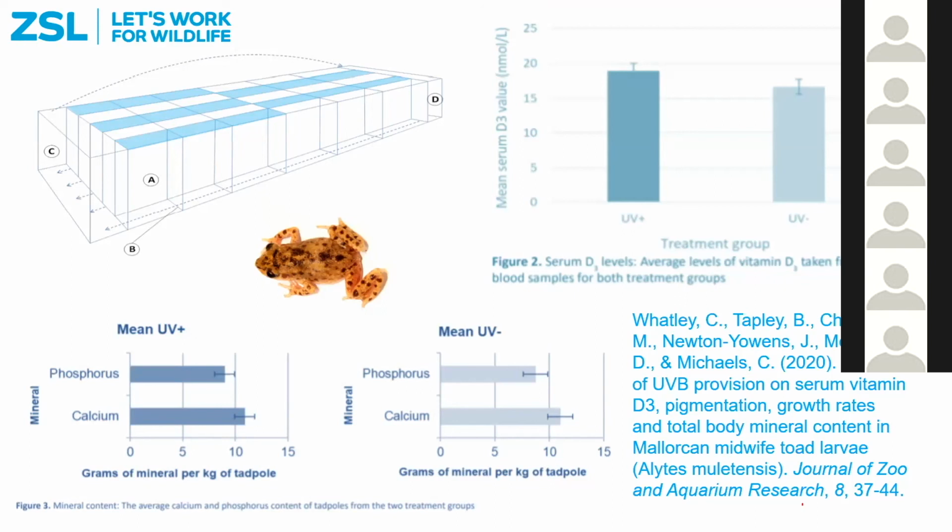There was no difference in growth of the tadpoles and no difference in the pigmentation. However, whilst we did use data from the field, we didn't collect data on temperature. So it could be UVB may be important, but we didn't provide the right thermal environment for the chemical pathway to happen, or for long enough. We only provided UVB for a few hours a day as well. So there is a need for further research, but this is the first study of its kind to look at the impact of UVB radiation on